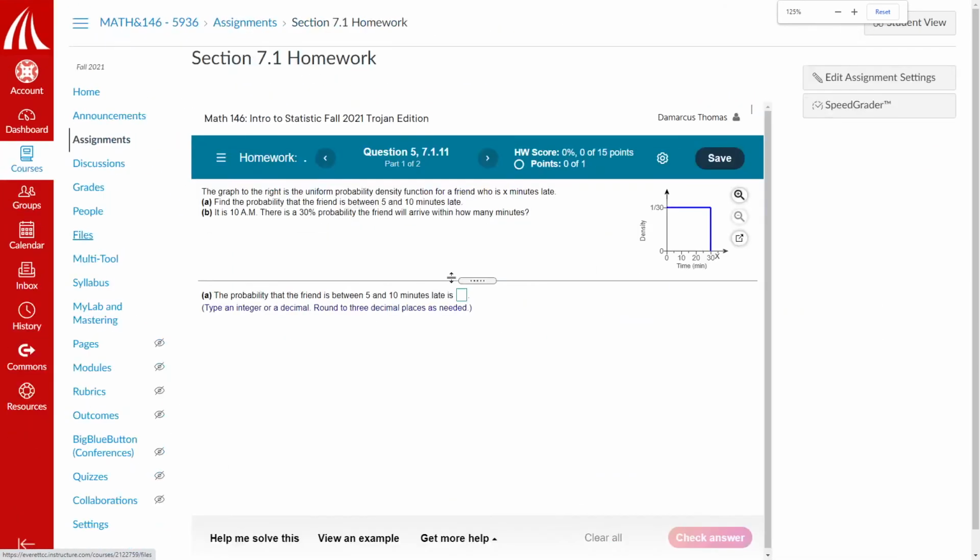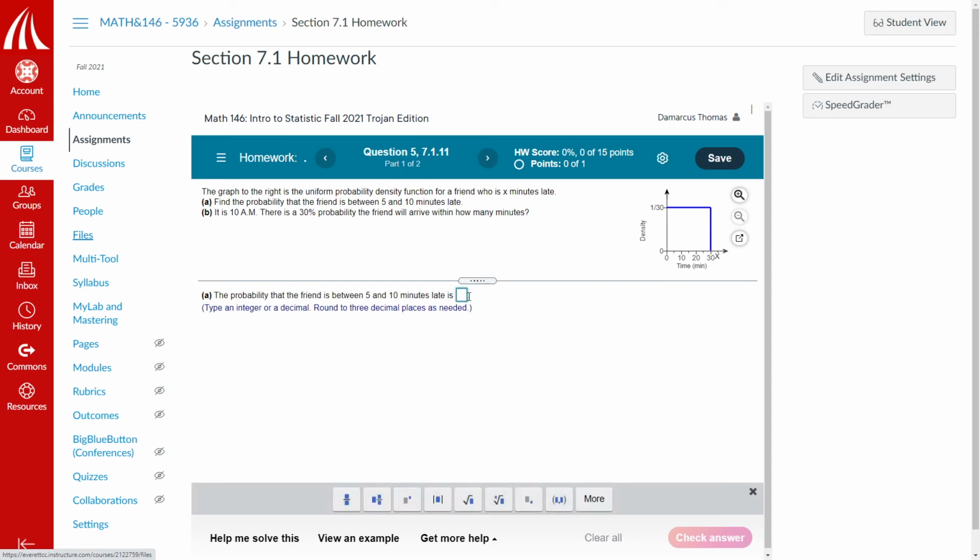This problem looks similar to the ones that we did. The graph to the right is a uniform probability density function for a friend who is x minutes late. Find the probability that the friend is between 5 to 10 minutes late. Yeah, there's a problem that we've done. So between 5 and 10, the difference is 5, and the height is 1 over 30, so it's 1/6,